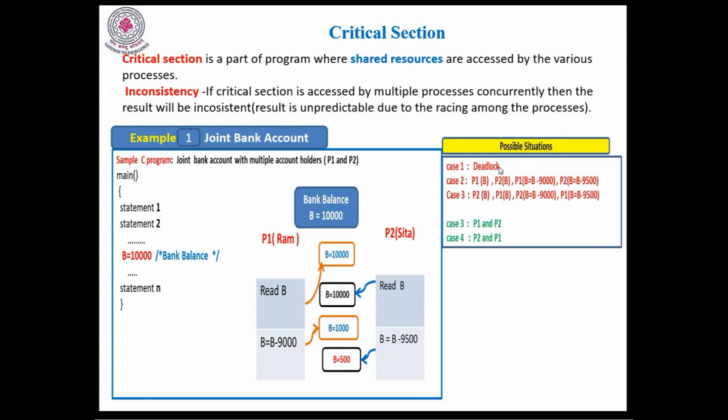So these are the positive possible situations, and those are the negative possible situations. With the help of those 3 cases, we may get either a deadlock or an inconsistent result. With the help of these 2 cases, we get consistent results. This is possible by the synchronization method. That means we need to permit either P1 first, next P2, or P2 first, next P1. So for this purpose, we need to introduce the locking system.